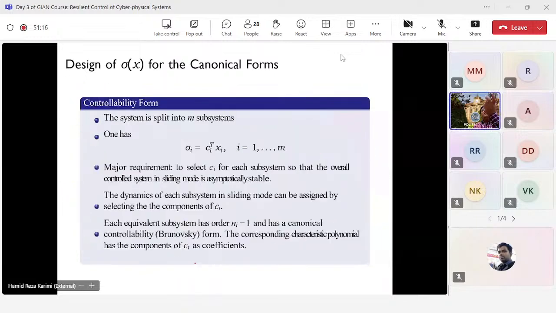Okay, so another form is the controllability form. So you remember that the second canonical form is the controllability form. So what does it mean? If you remember, in the controllability form the system can be split into M subsystems. It means that you can split the system into several subsystems, for example, M subsystems. And then for each subsystem from 1 to n, sigma i can be designed from this formulation, C_i transpose x_i. But you need to remember that here the vector x